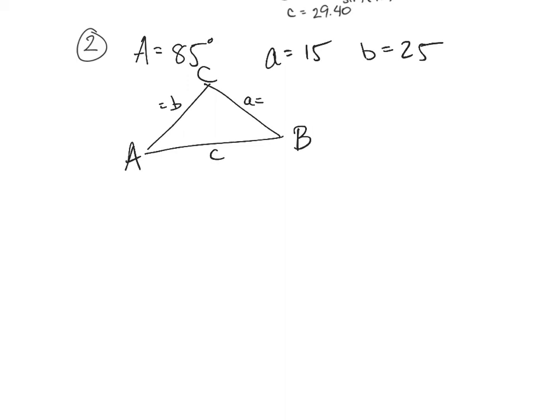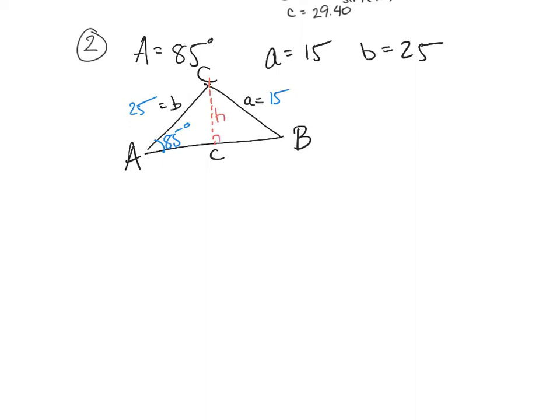Okay, so let's see. We know that angle A is 85 degrees. We know that side length A is 15, and side length B is 25. First thing we need to do is check and see,